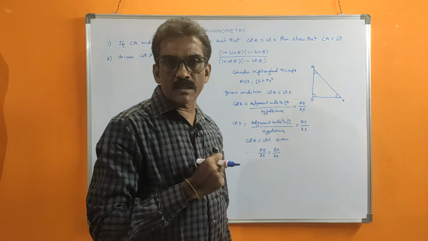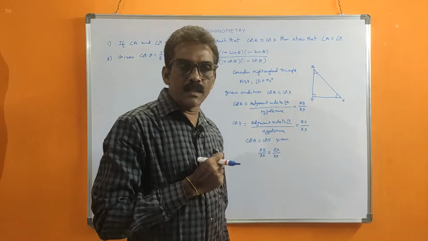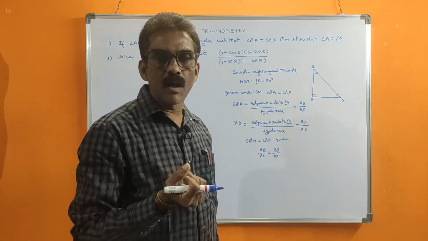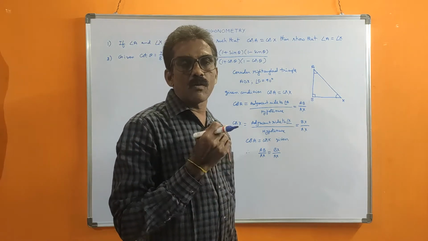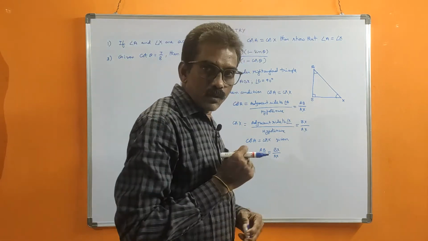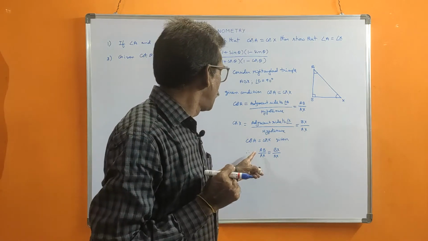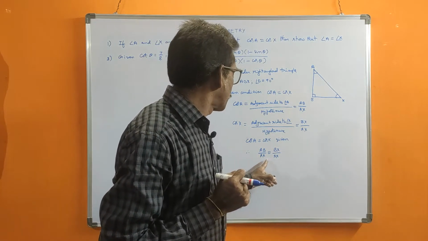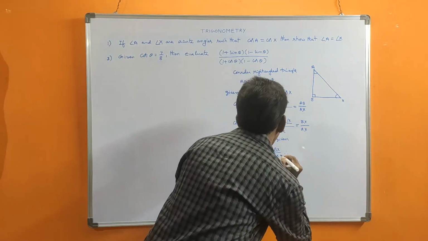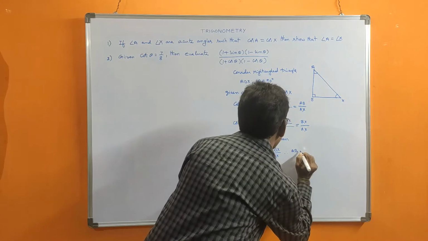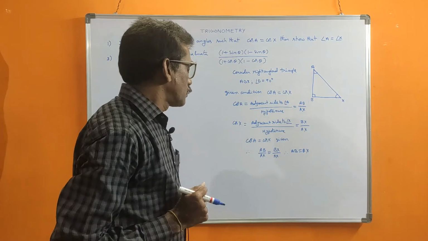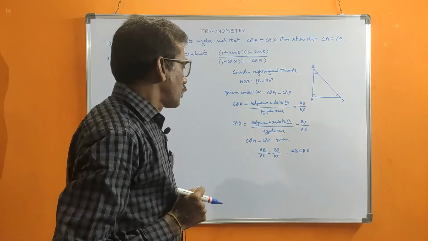If two fractions are equal and the denominators are equal, then automatically the numerators are equal, or if the numerators are equal, automatically the denominators are equal. So according to that condition, these two are fractions, the denominators are equal, therefore the numerators are equal. Numerators what? AB is equal to BX. So AB is equal to BX. Now